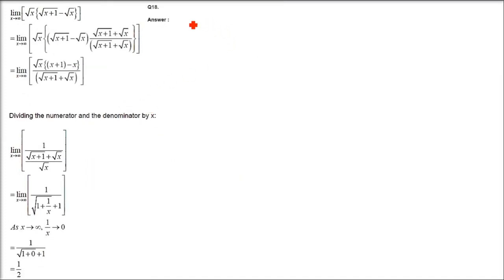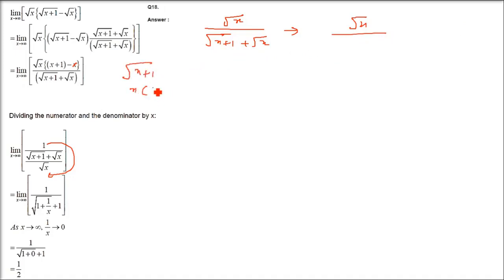Now we have already done exactly the same question, so I'll just take a different view. You have root x by (root of x plus 1 plus root x). What you will do is take root x common from numerator and denominator. Here it is being shown that root x goes in the denominator; we will also see this in the next coming questions. But here, in root of x plus 1, I am taking x outside. It will not be outside the root, but x outside.